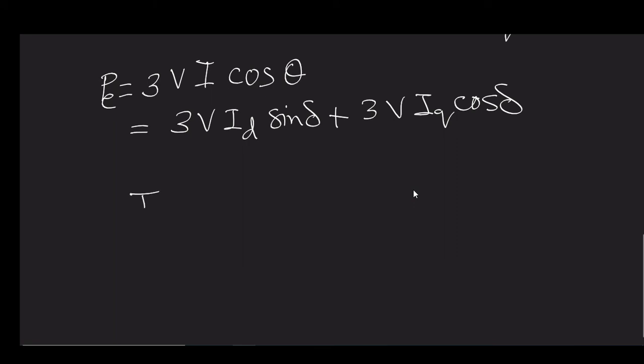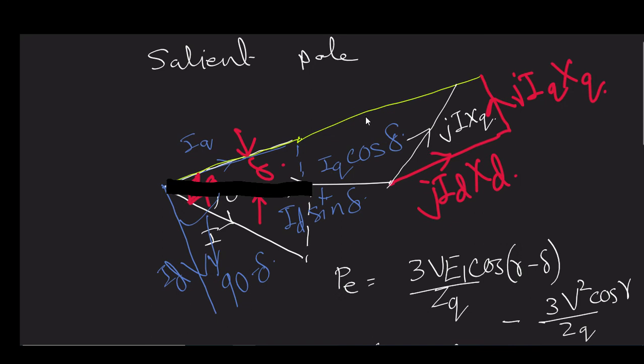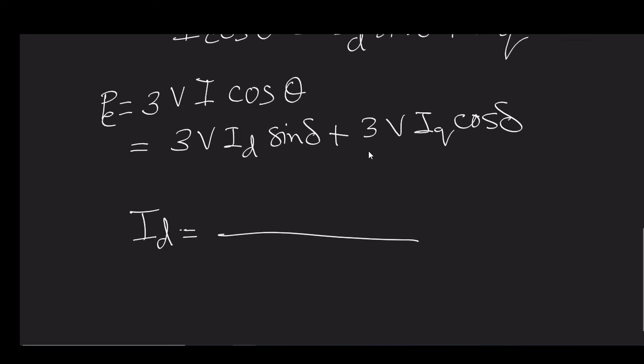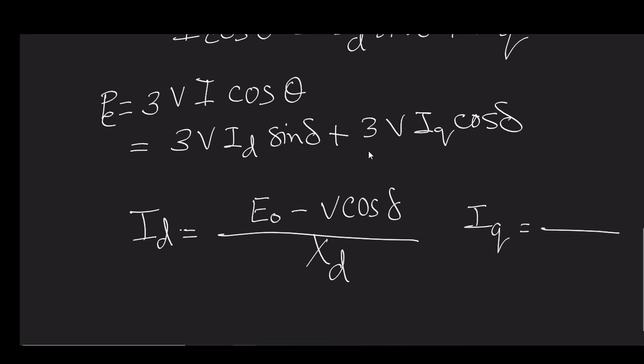Now here again, what we can write about Id, Id is equal to, see, this is our E naught. Now this length is how much? This is V. So if we do E naught minus V cos delta, then that is equal to Id Xd. So we can write, as we know that Xd is almost constant for a given machine for nominal operating condition, and Iq is equal to, similarly,